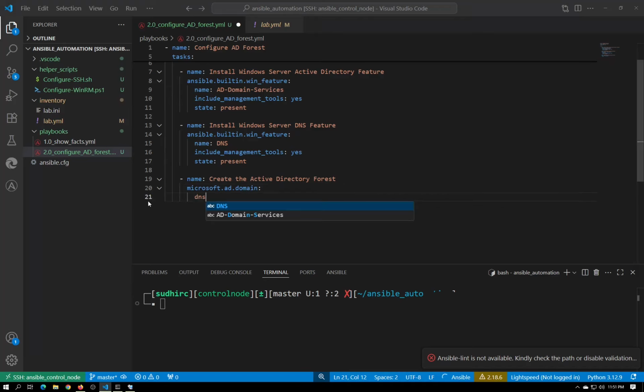Parameters we need to create a domain is the DNS domain name. And this name is going to be, let's say, sklab.local. Another parameter we need is safe mode password. And here let's put a password,